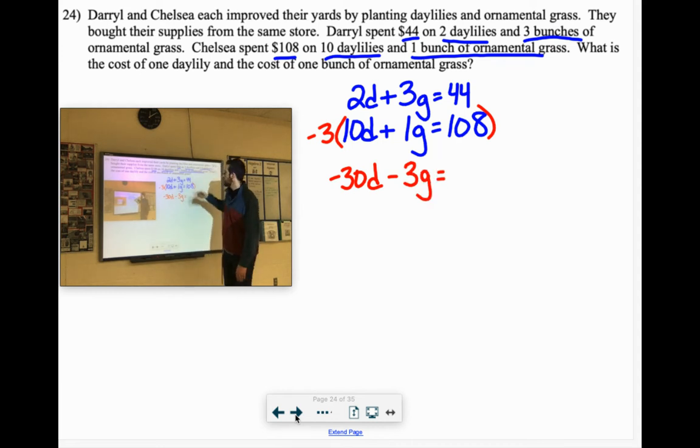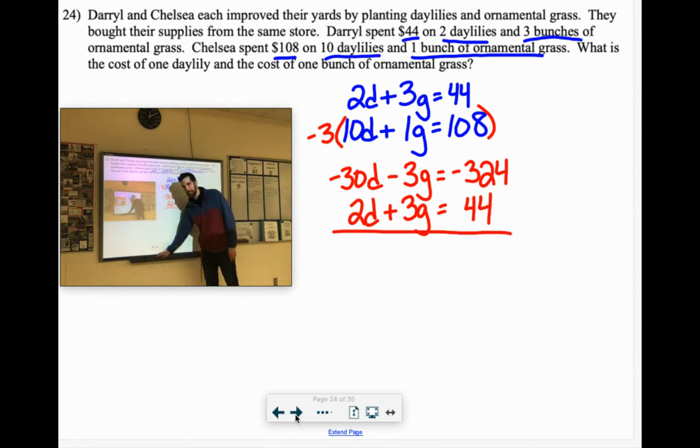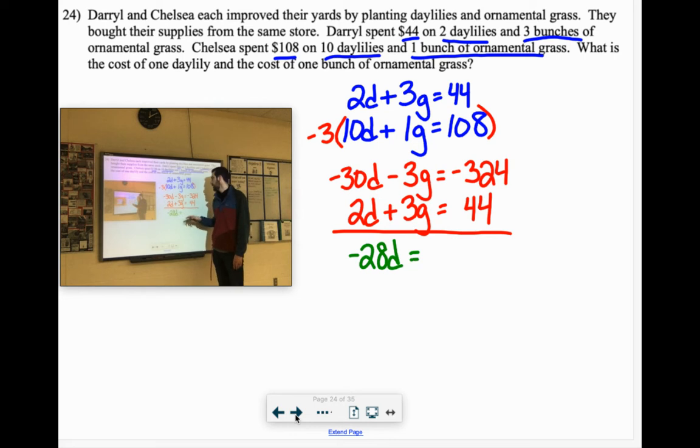And negative 3 times 108, 3 times 100 would be 300. 3 times 8 is 24, so negative 324. I'm going to rewrite the top line right underneath it. 2D plus 3G equals 44. And now stuff will cancel out. So negative 30 plus 2 would be negative 28. D equals